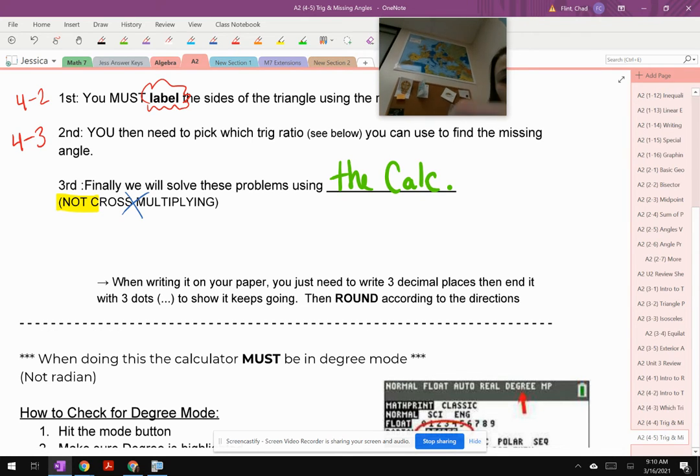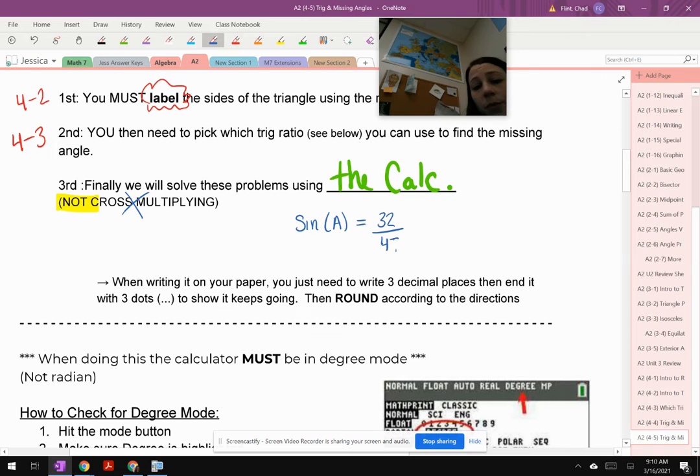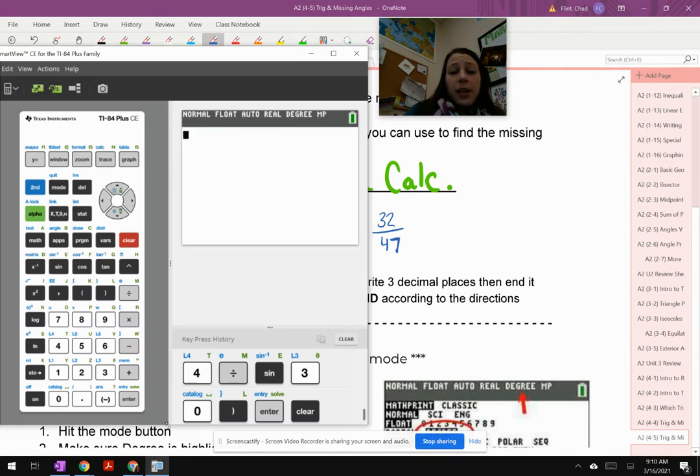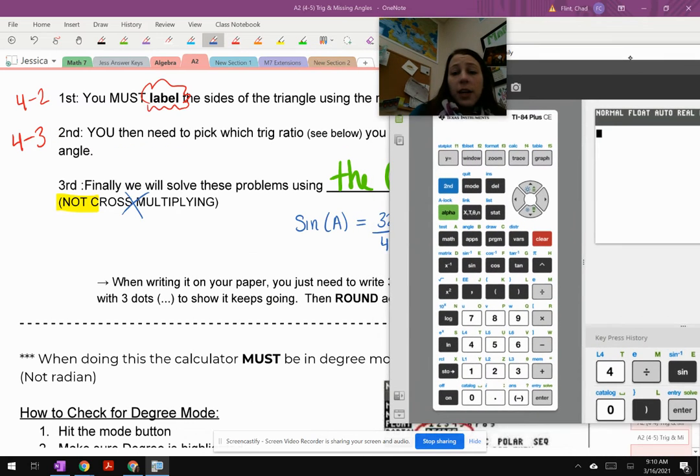So, let me give you an example. So we're going to have something like the sine of angle A is going to be equal to 32 over, let's say 47. So you're going to have something like that, and all you'll need to do there is take the calculator and do,